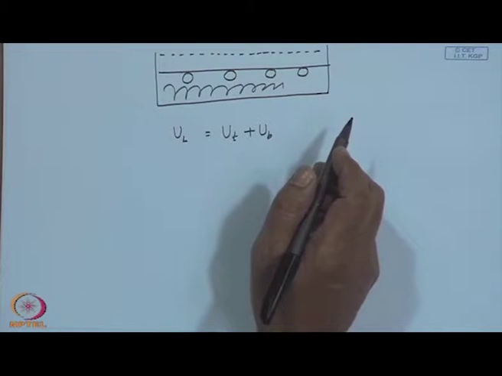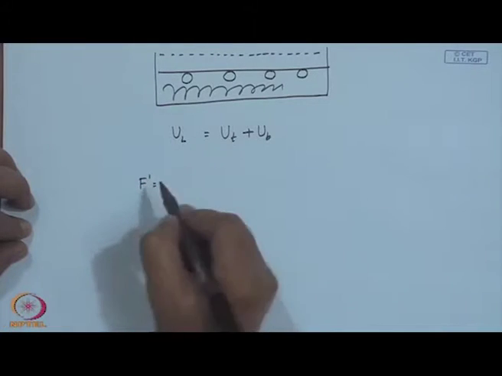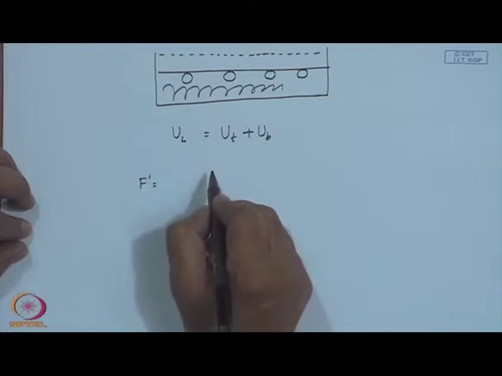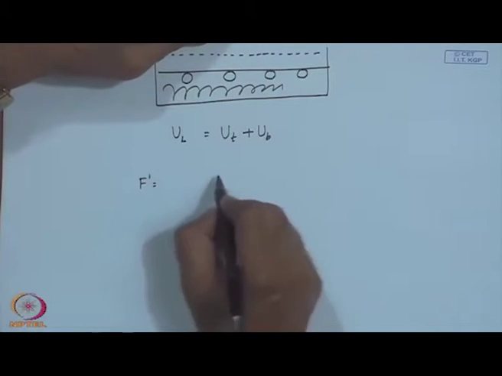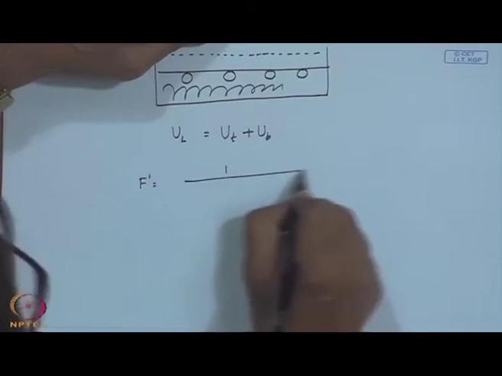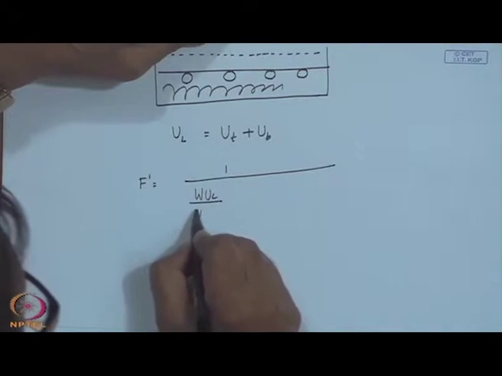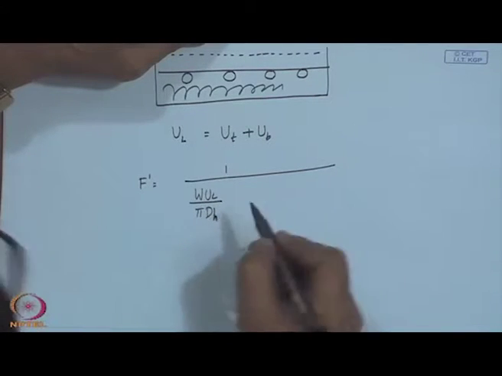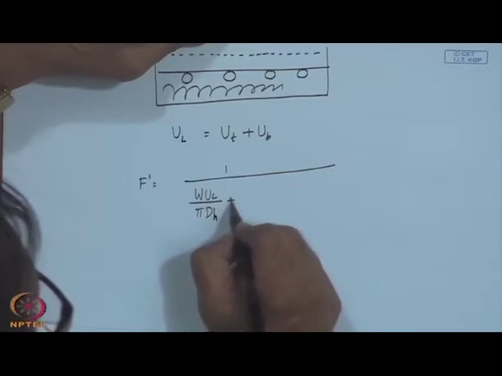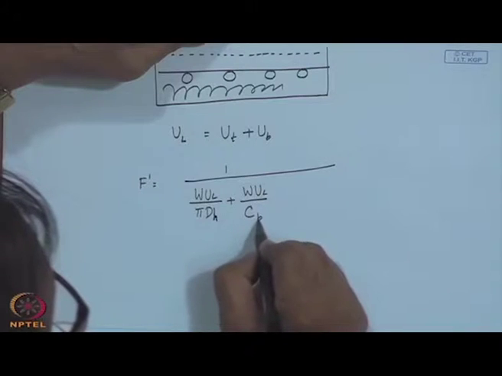And we have also obtained the expression for the collector efficiency factor F dash as 1 upon W U_L by pi d h, where h is the heat transfer coefficient, plus W U_L upon the bond conductance